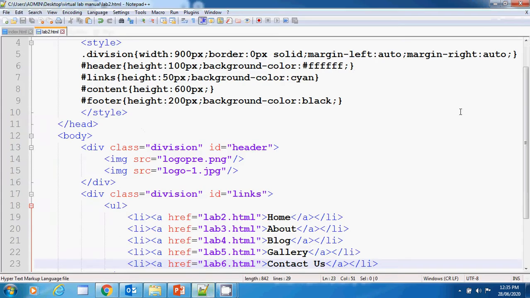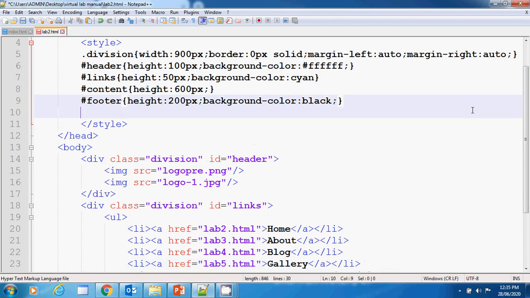So again moving back to our code, I'll use selector as hash links space li space a. That means this is the target element. Hash link means this particular div section. Under this li and under this the child of li is a.